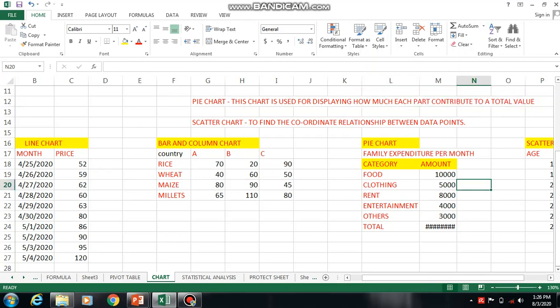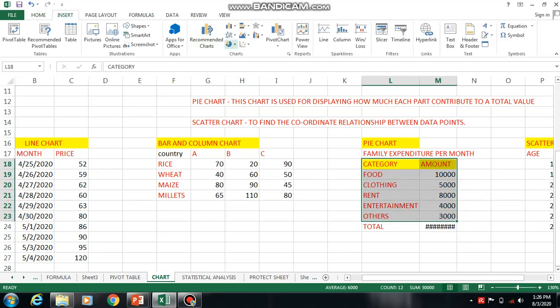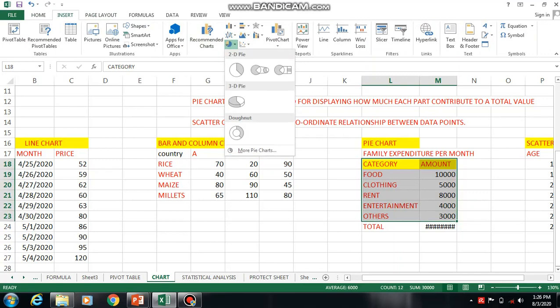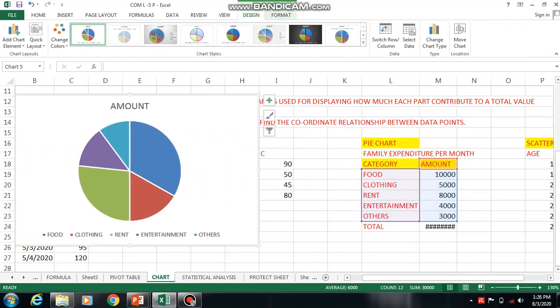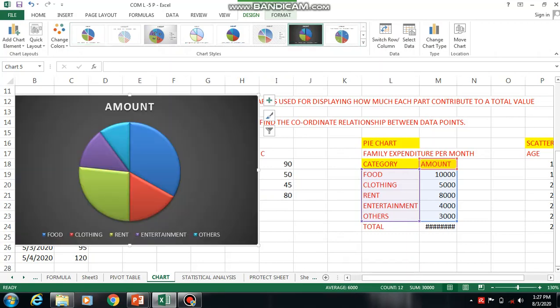To do this, you click on the categories and the amounts, and go to Insert. In this you will have the pie chart. You press it, and with the help of the diagram you can see how much each part is contributing.